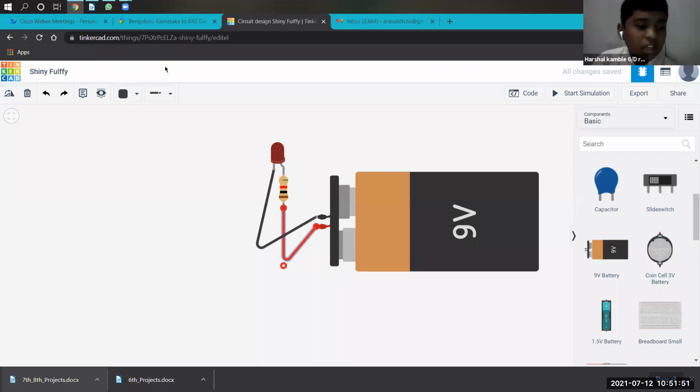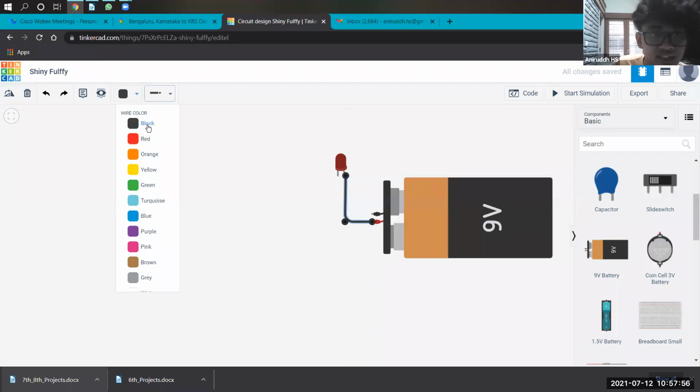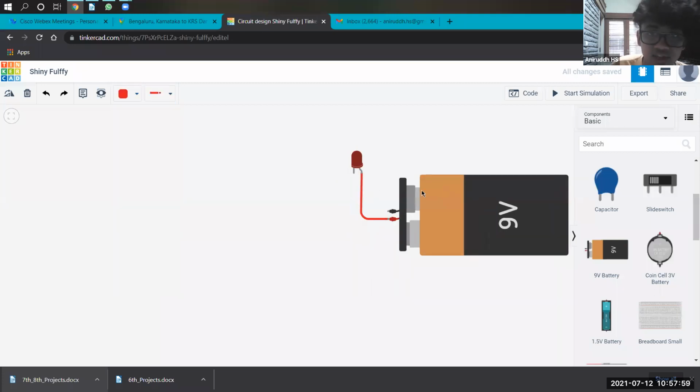Hello? Yes. Sir, I open and there is coming a box. What is coming? The box, sir. So, the battery is there, right? Which is the black, which is the positive. Take the positive and attach it to the right of the LED. Color of wire doesn't matter. Color of wire is just so that we can make it look nice and neat. Don't worry. But this connection should go here, and this connection should go here. Only then it will work.